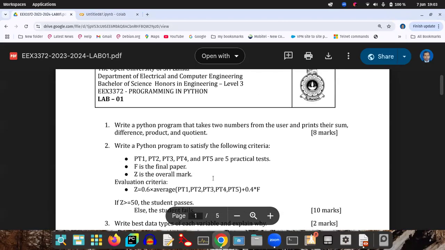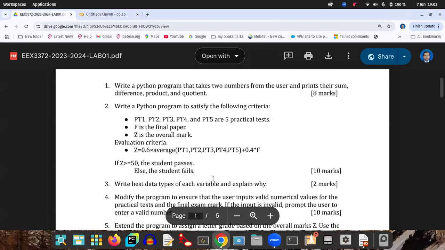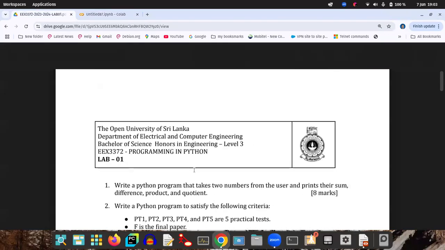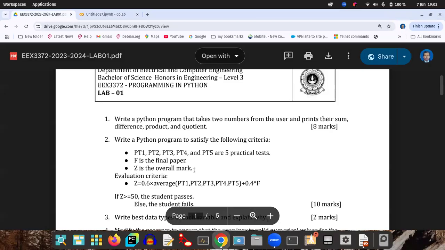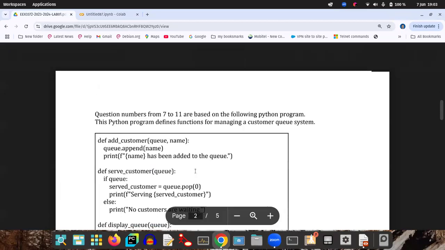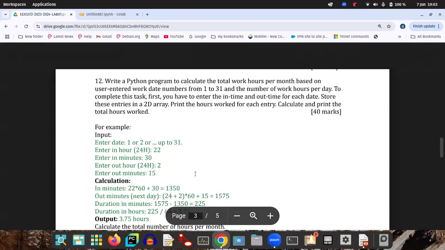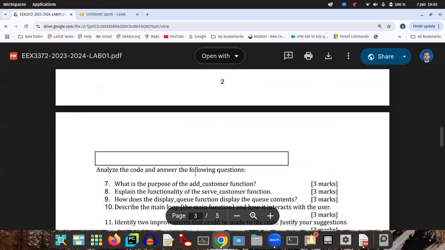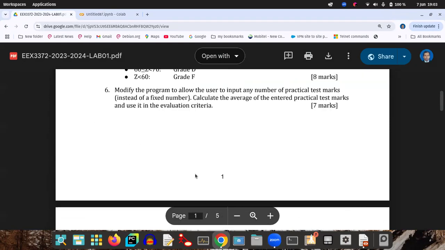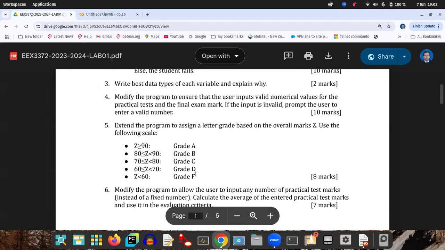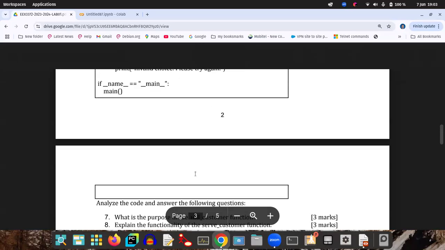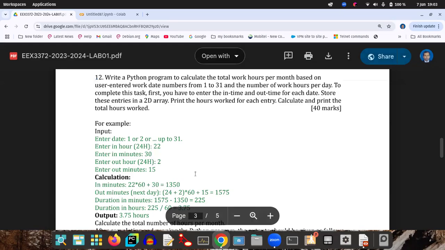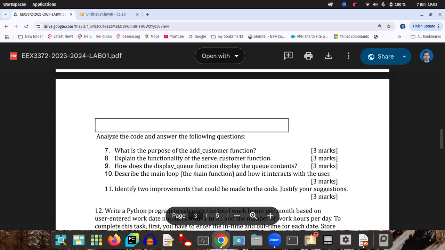This is EEX3372 LAB01 discussion. This LAB01 session has 12 questions. 1, 2, 3, 4, 5, 6. All others are simple